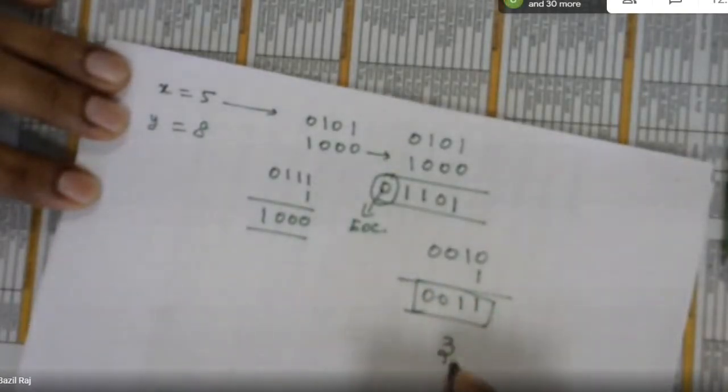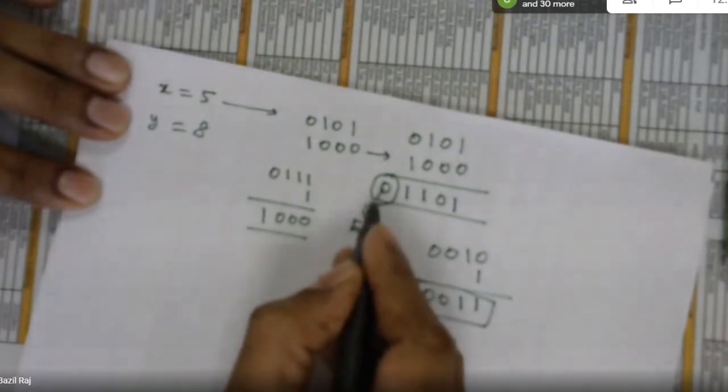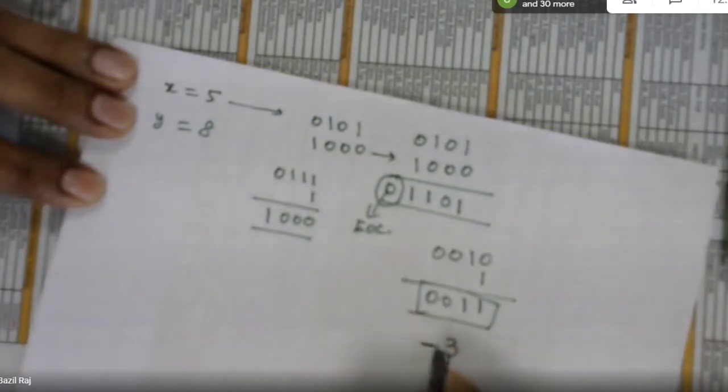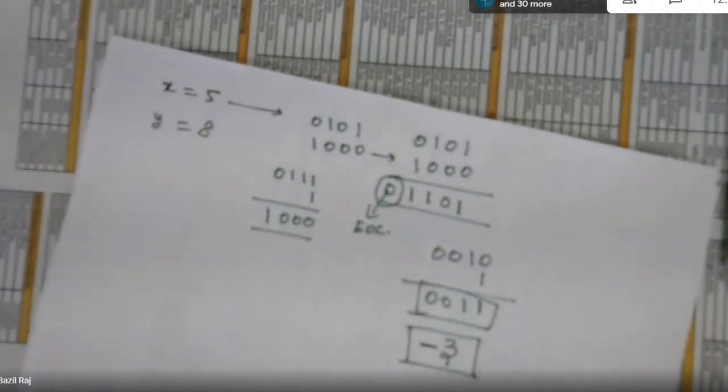The result is 3 only. Since the end of carry is 0, I needed to put the minus sign here. This is the final result now. Right. So what is the algorithm? You take x as it is because we do not know which is greater, which is lesser. And you cannot check also because x and y are coming to the FPGA at a very high speed. That is not our intention now.